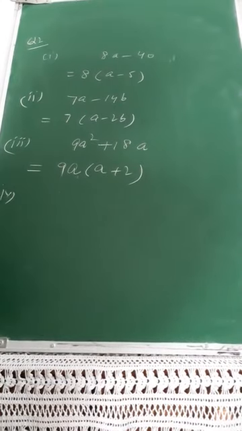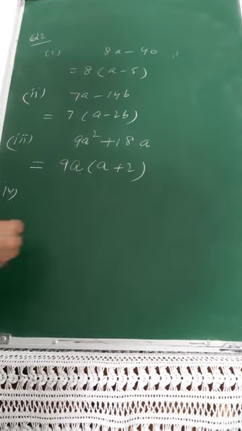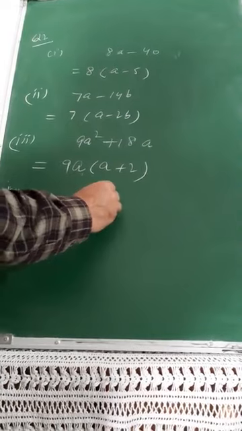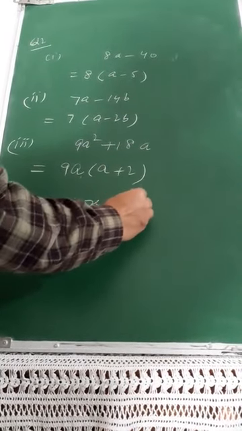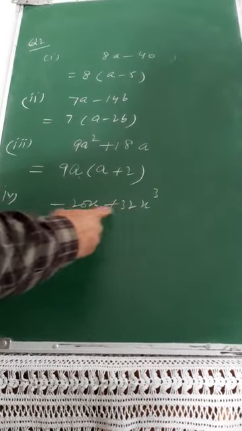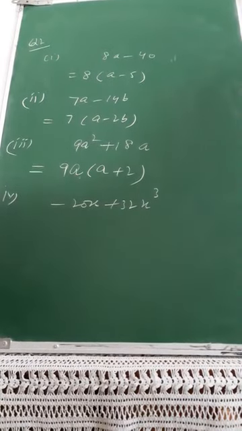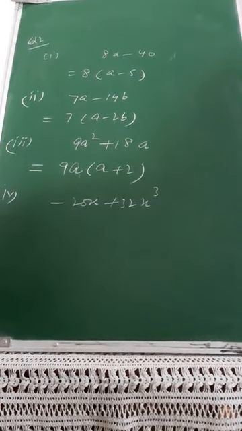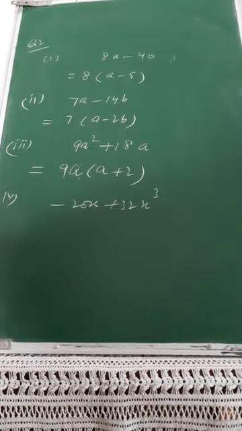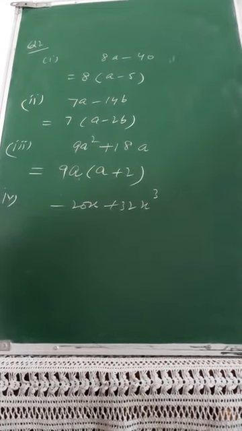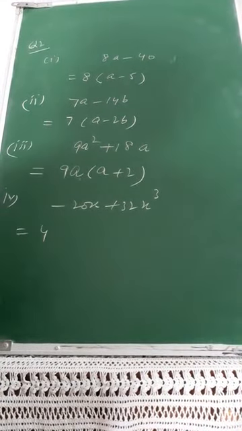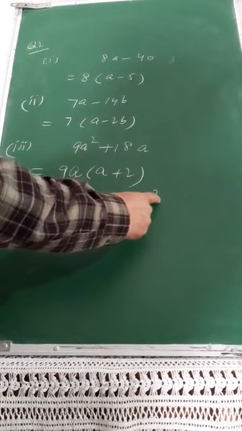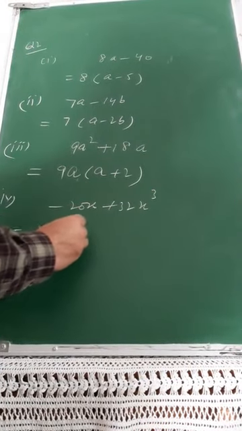So in the fourth part, if you see, this is minus 20x plus 32x cube. Again in 20, there is no question of minus and plus. You do not think about that. You think about 20 and 32. If you find the HCF of 20 and 32, both are lying in the table of 4. So better you take 4 common. And in x and x cube, the degree of x is lower, so x only you will take.